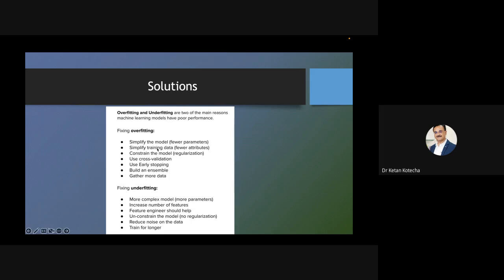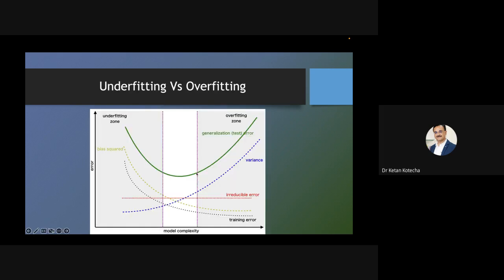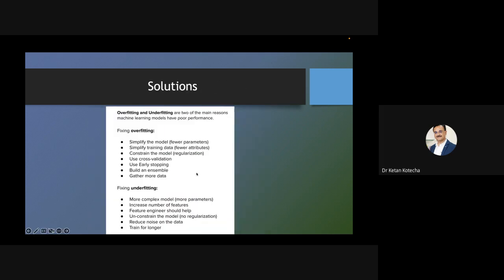So you need to simplify the training data as well. That is also one way of reducing the overfitting. Or you can do regularization, which I will tell now. Cross validation anyway we are doing. Or you can do early stopping of an algorithm. You see, you stop here. You stop this algorithm here. Or